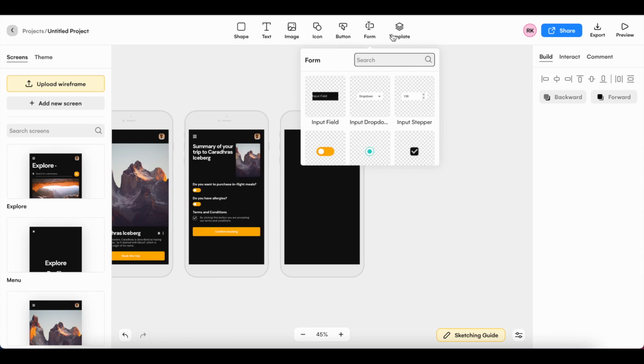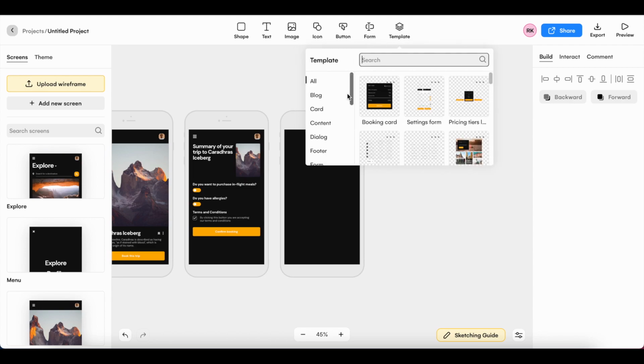But for today's walkthrough what I'm actually going to do is take a look through our component template library here. And what we have here is hundreds of experiences that have been built out for you to search through and use, again to save time or just for inspiration. Perhaps you're building out a booking experience and you're trying to figure out what that might include. Coming here and grabbing one of these templates is going to help.